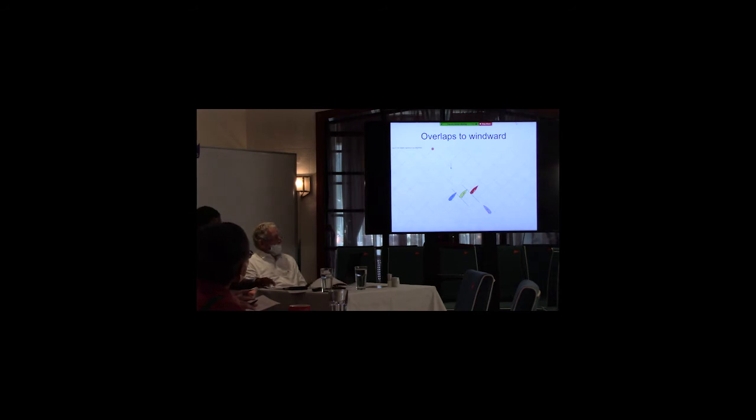Okay, right, yes, so somehow this overlap slide got missed out because it's not working quite properly here. So let's deal with overlaps, a couple of situations on overlap. I think most people know what an overlap to windward is. It's pretty clear that the bow of the blue boat is further forward than the line drawn through the transom of the yellow boat, so the blue boat is overlapped to windward of the yellow boat.